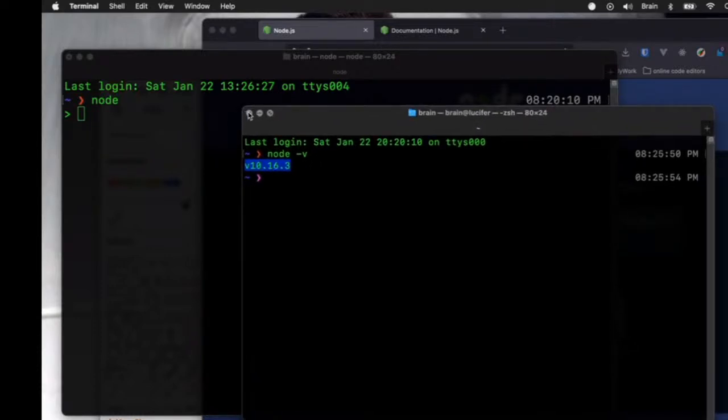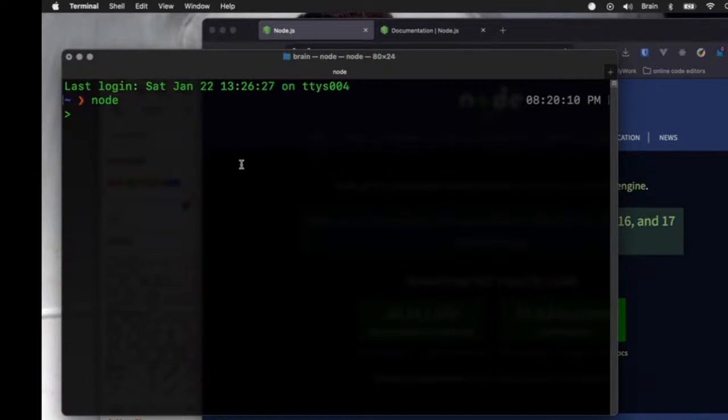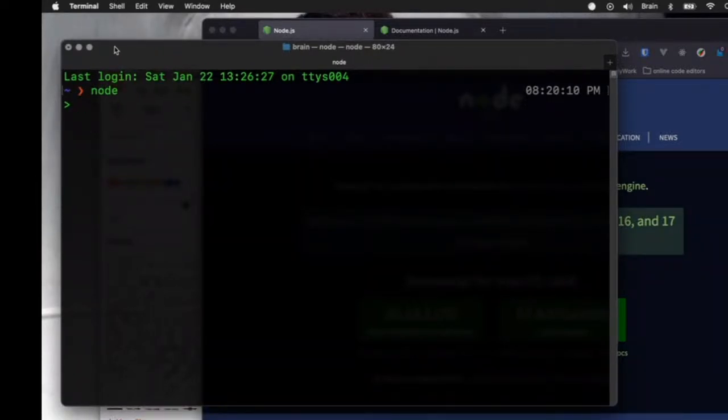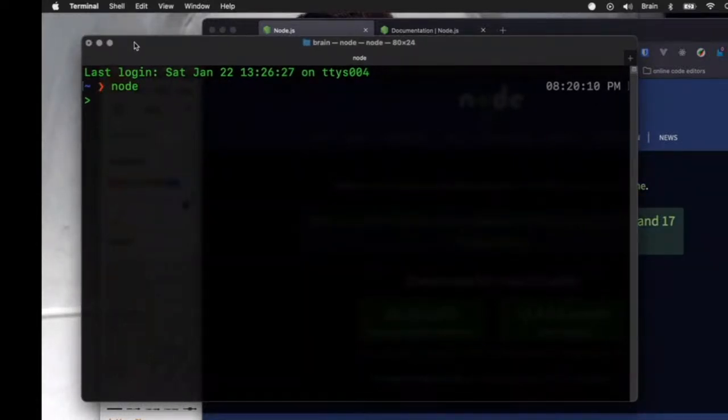All right, so this is to show you can definitely downgrade. You can use the latest version. You can downgrade depending on what you're trying to do and the project you're trying to work on. But now that we have Node installed, just by typing node, it takes you into what we call the REPL. Okay, so REPL is basically an event loop. So the idea is, while you're in the REPL, you should be able to run some commands and see immediate